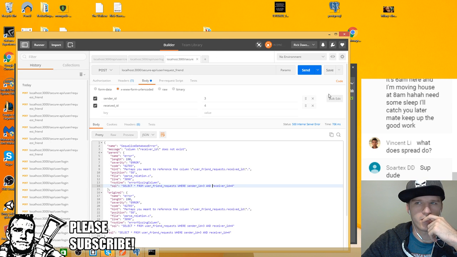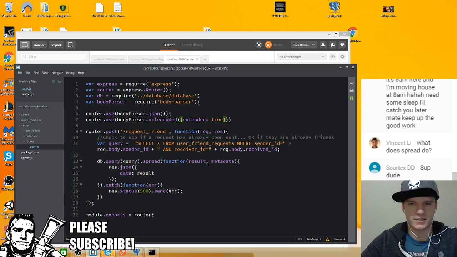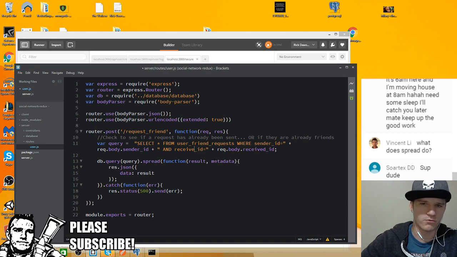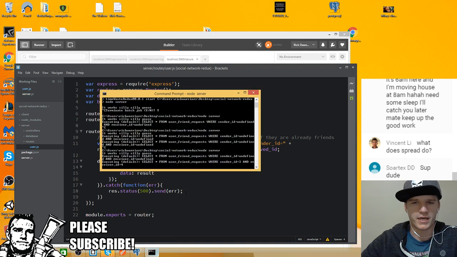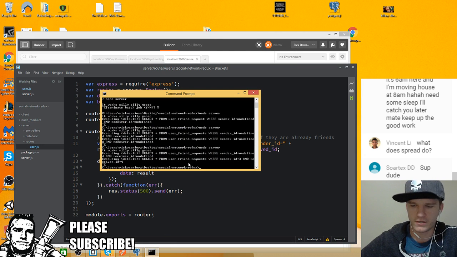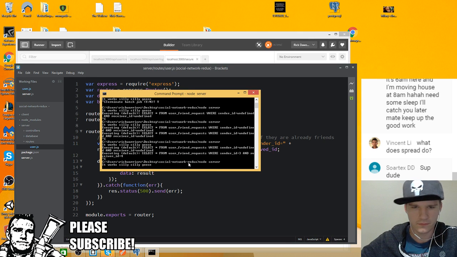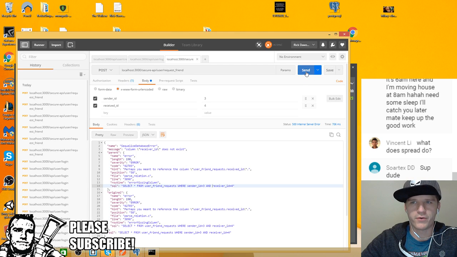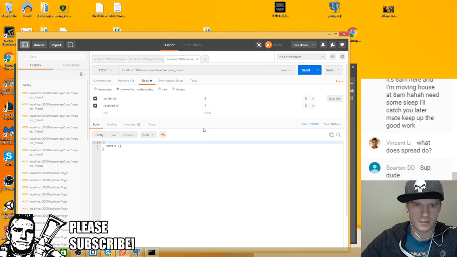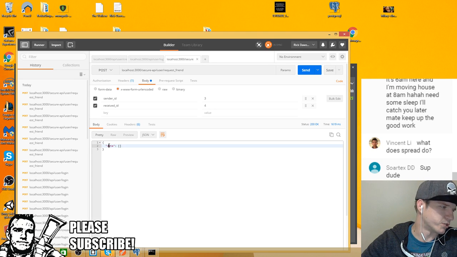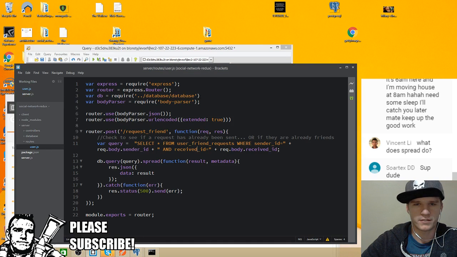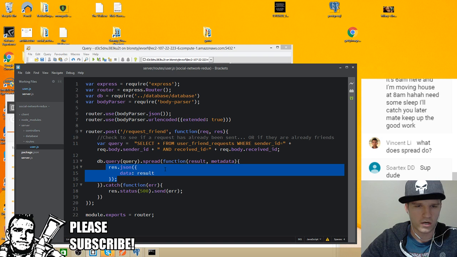Receiver ID. Oh, because it's not receiver ID, it is the received ID. That is received ID. So once again, RoboRick has messed it all up. So now when we hit it, we get a result that has nothing. So that is perfect. So we basically now know that if this doesn't work, then we're going to run